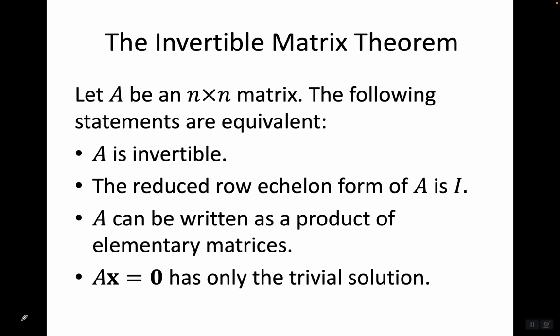A is invertible. The reduced row echelon form of A is I, the identity matrix. A can be written as a product of elementary matrices. AX equals 0 has only the trivial solution. So these were the four statements we had as part of the invertible matrix theorem, but we could add more